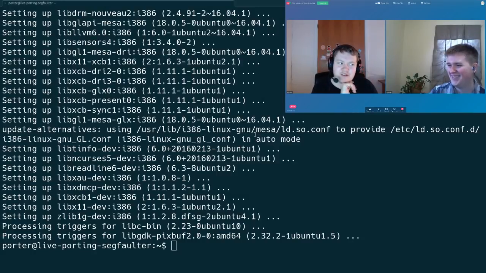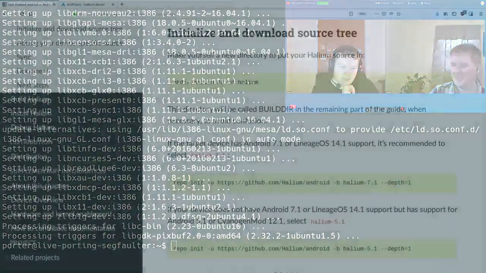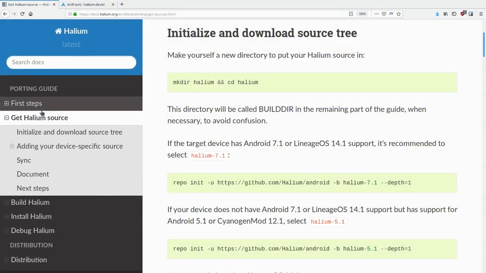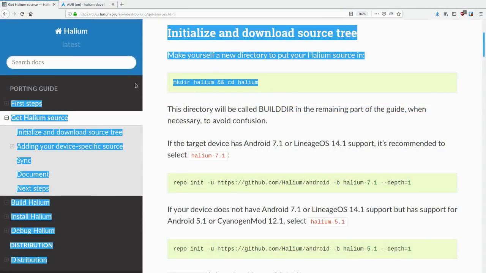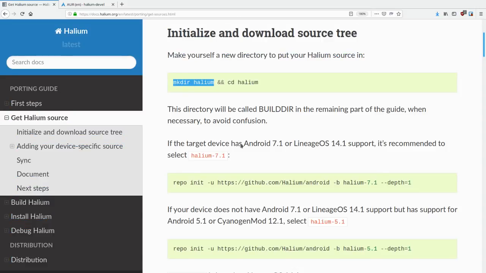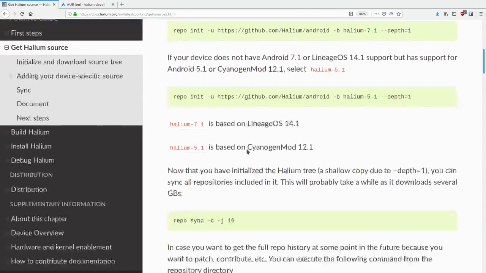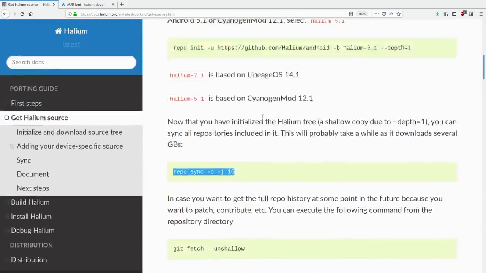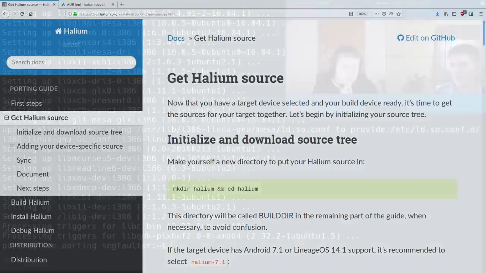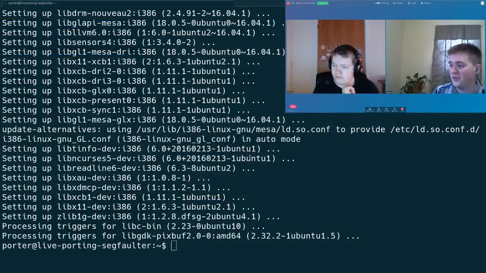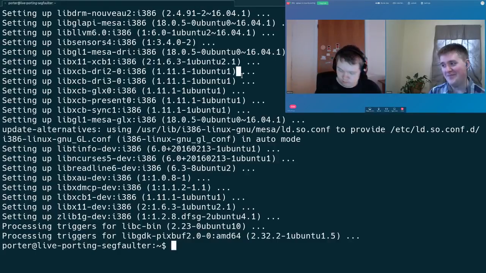Downloading the source probably will take a little bit longer. But let's go back to documentation. We have now moved into get the Halium source. We'll then quickly make a new directory, cd into it, and then do the initting and syncing itself. So, Halium uses a little tool called Repo, which was created by the Android